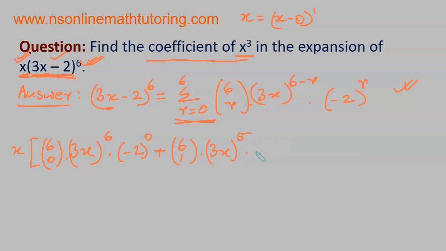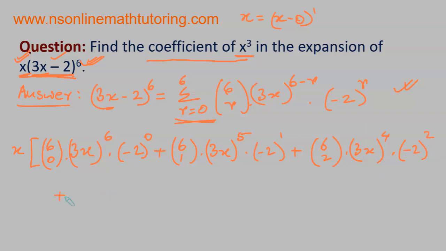and negative 2 raised to the power of 1, plus 6c2, 3x raised to the power of 6 minus 2, that is 4, times negative 2 raised to the power of 2,